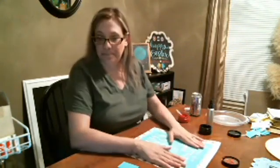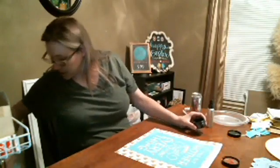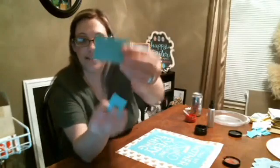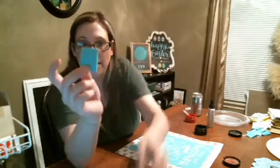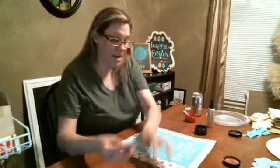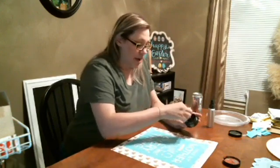Okay, so, hey, Sandy. All right, so what I'm going to do is I take one of the squeegees, and I'm going to take one of my smaller ones. They come this size, okay? I cut them in half, and then sometimes I even cut this one in half again, because you don't need such a big space. So to butter bread, you can do this, okay? So I take